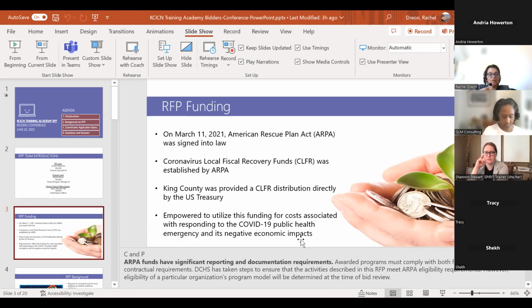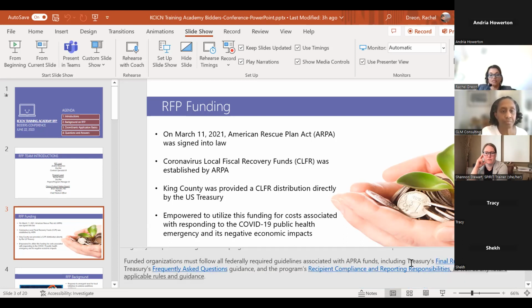The Behavioral Health and Recovery Division of King County was given an allocation to help support workforce projects across